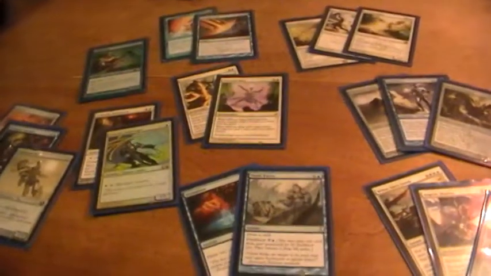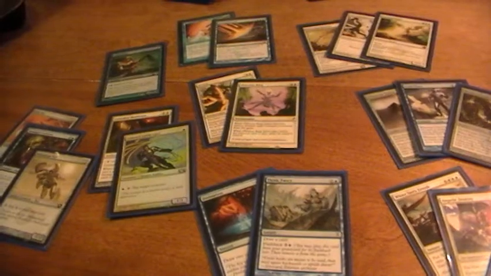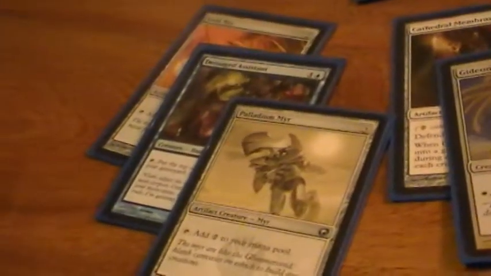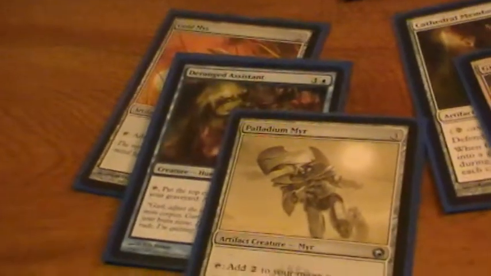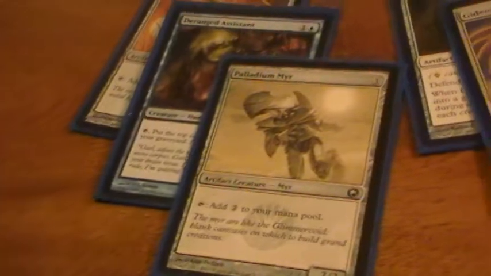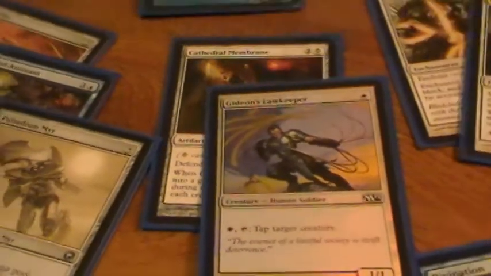Alright, so that's the deck, and it really is just going to play out as sort of a hybrid standard EDH deck would. You're going to focus on mana early game, which is sort of an EDH thing you don't see a whole lot of in standard, but Palladium Myr really is crucial to making this deck go off very quickly. Then you really need to make sure that you have some way to deal with those hyper-fast aggro decks,